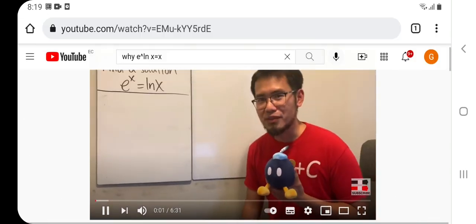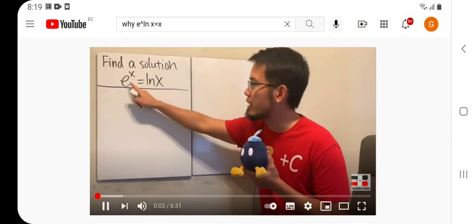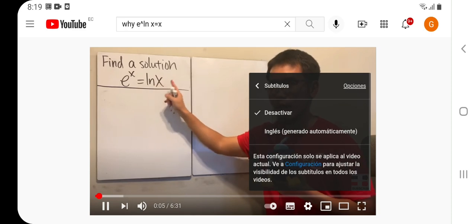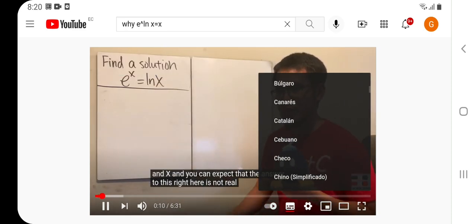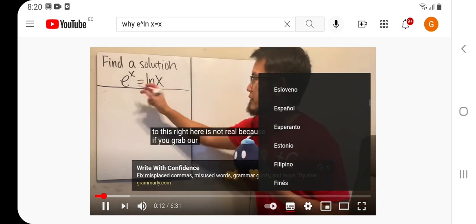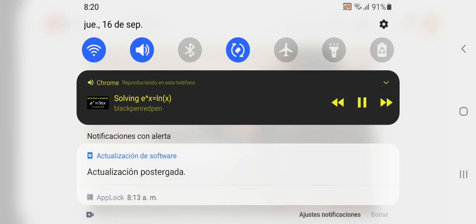Hello, let's do some math for fun. Here we are going to find a solution to the equation e to the x that's equal to ln x. And you can expect that the answer to this right here is not real, because if you graph ln x and e to the x, you will see that e to the x